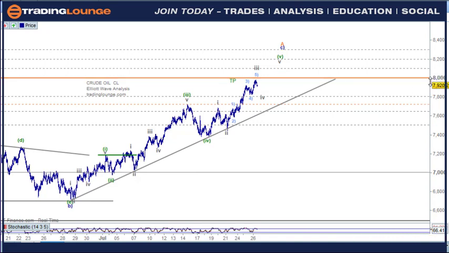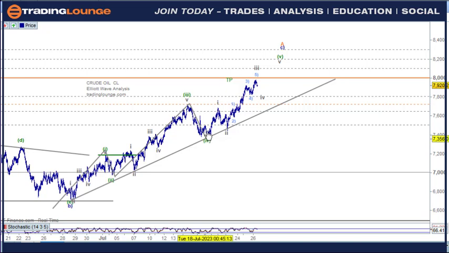This is a CFD product, so this is where we need to exit. We didn't want to exit on the 8. We wanted to exit just below that. So this trade now is finished. Okay, so that's that. Now, in terms of the structure here, we've got wave 1 and 2 and 3 and